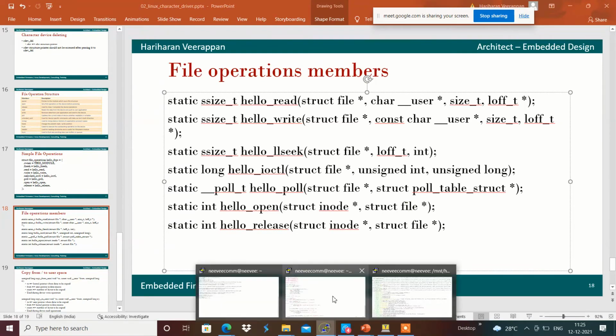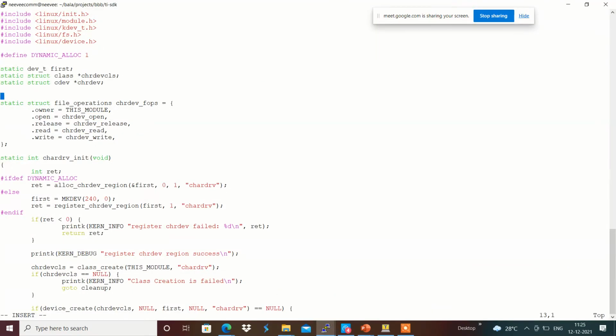For that, I am going to use static int character dev underscore open as the callback, with struct inode star node and struct file star file pointer.